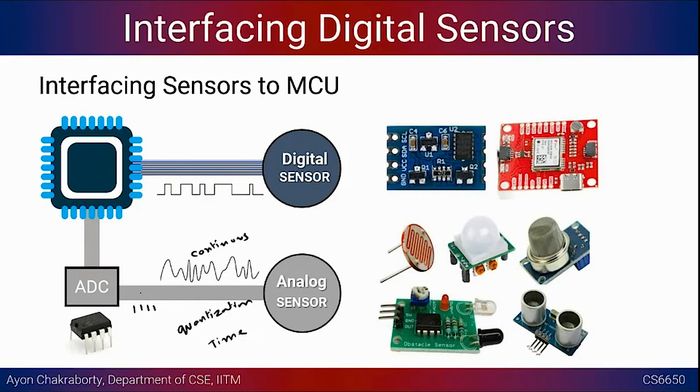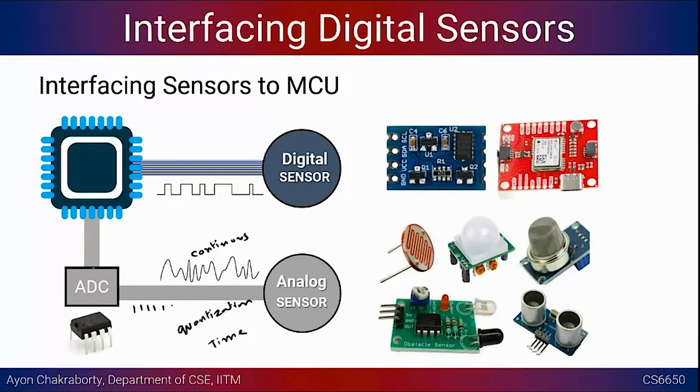So you discretize the signal in the amplitude domain using the ADC, and it also samples the signal using, if you remember, the sample and hold. It samples and holds the signal for a certain amount of time, and that, added to the time to convert the signal to digital form, determines how fast you can read data from the analog sensor. We use a prescaler value to configure the ADC, the maximum rate at which it can sample the analog values.